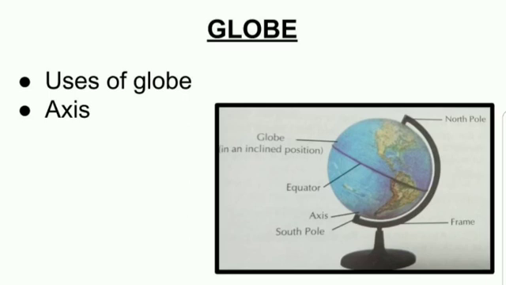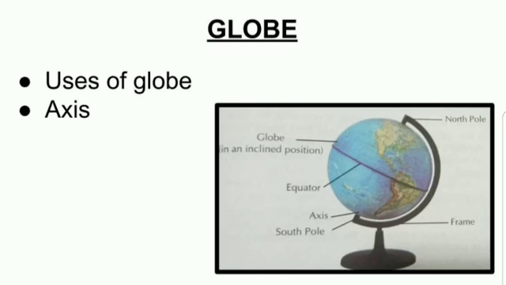And on that, you can see the horizontal lines and the vertical lines. These are the latitudes or parallels. The horizontal lines are known as latitudes or parallels, and the vertical lines are known as longitudes or meridians. And we will be describing latitudes and longitudes later in this lesson. Just keep in mind, the imaginary horizontal and vertical lines are known as latitudes and longitudes, and the meridians converge at a point in the north.